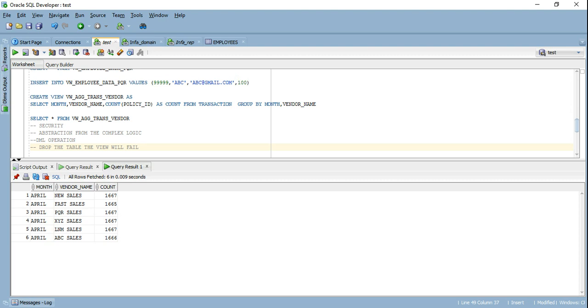What I'll do is give you a few scenarios, and you can tell me whether you should create a view in that scenario or not. Can we do DML operations or not? Do you think a view is a good contender? Whether we should create a table for that particular scenario or we should create a view, and that kind of stuff.